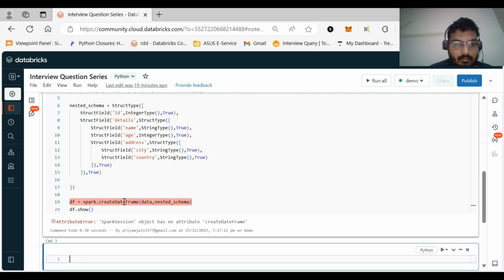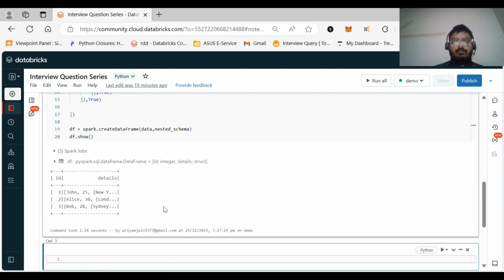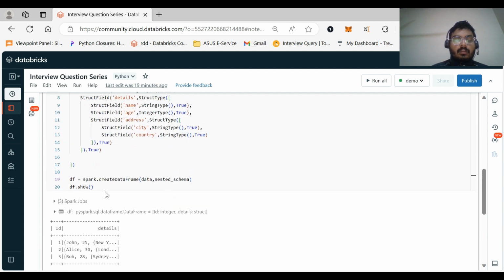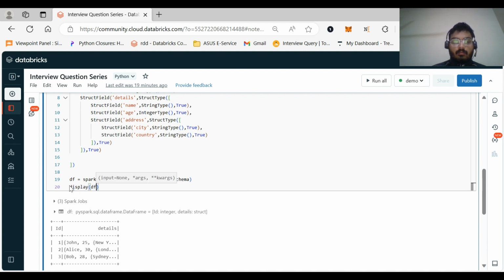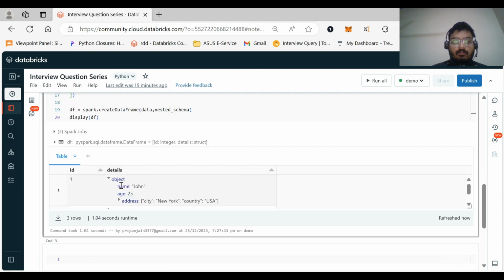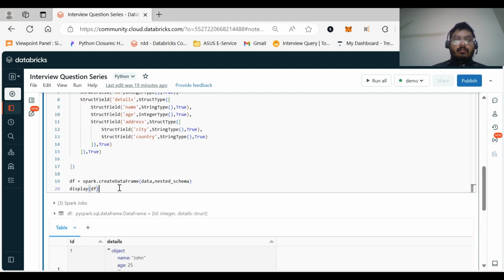Okay, create data frame. So we can see our data has been created. Let us try to display df. The object name John, age 25, address again we have city and country. Now we have created a data frame.